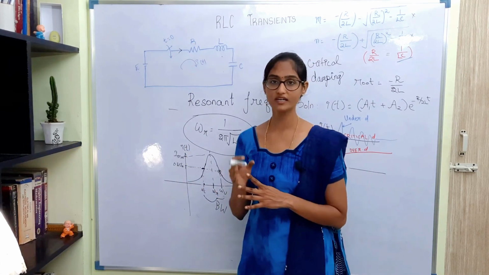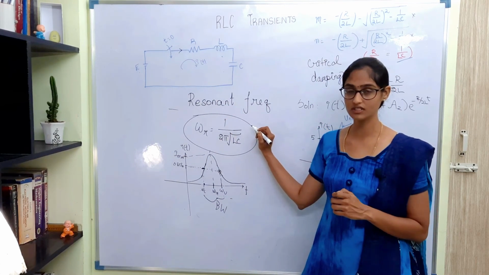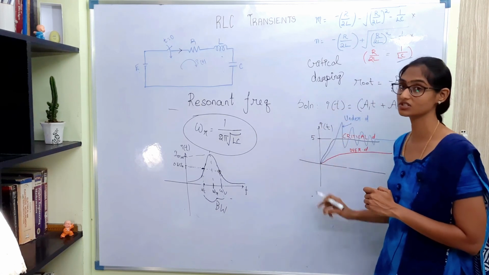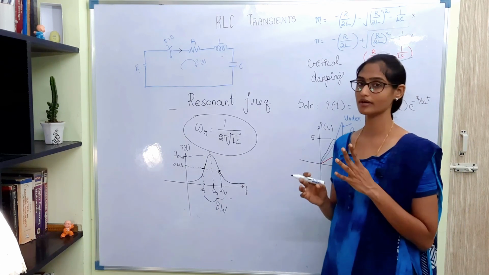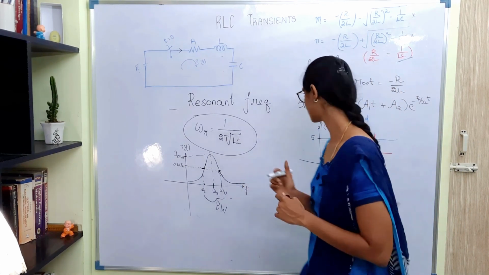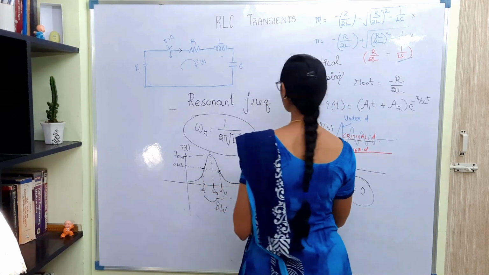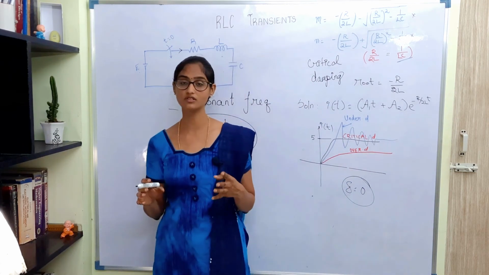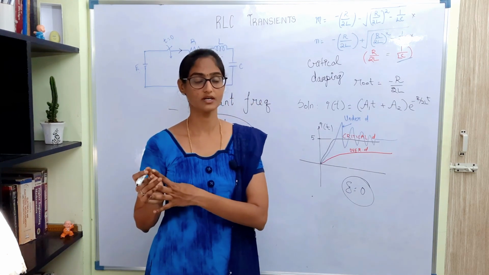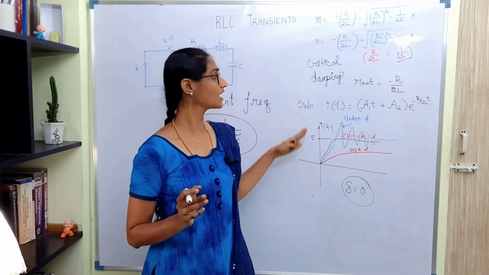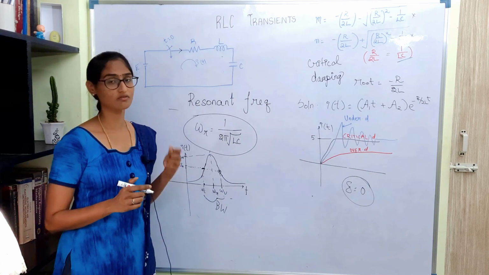In this video, we derived the expression for an RLC series network. We saw what a resonant frequency is. We also saw the three conditions of damping: underdamped, overdamped and critically damped. I just missed saying one point here. When the damping ratio is 0, it is called an undamped system. More about the damping frequency and the response of the system will be understood better in control systems. We will look at that in that video. Okay, so now this is how we have seen, and say for example you have R, L and C in parallel. So in that case, what will be the response?